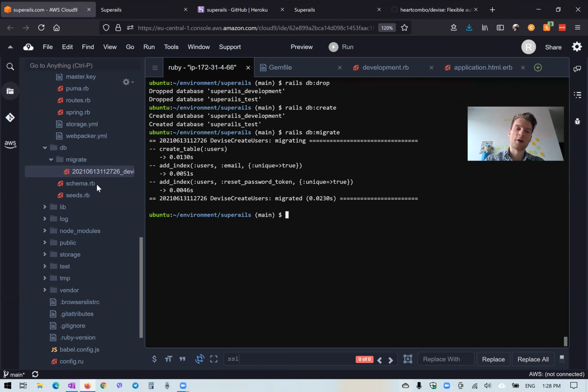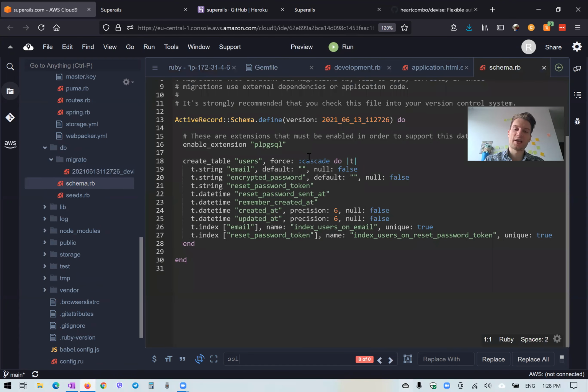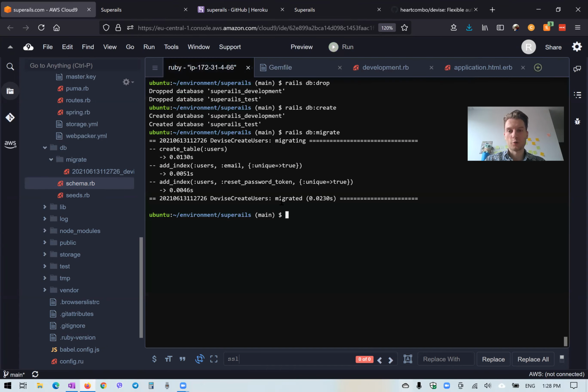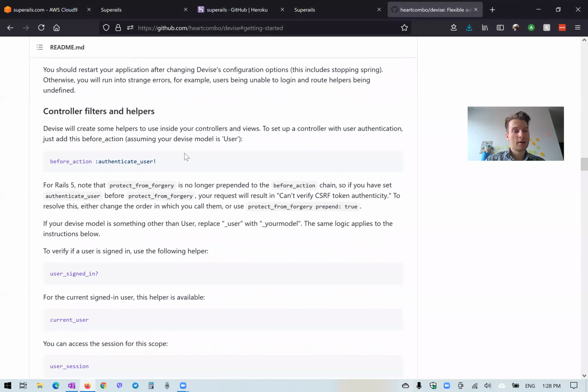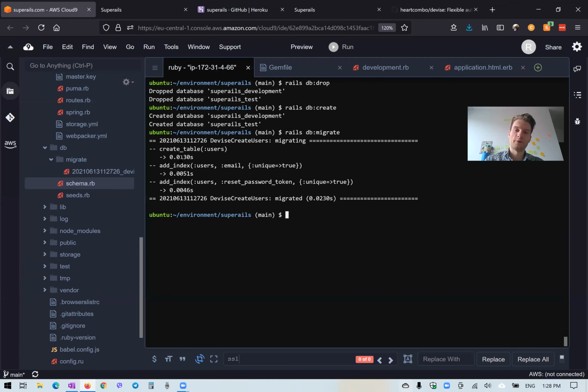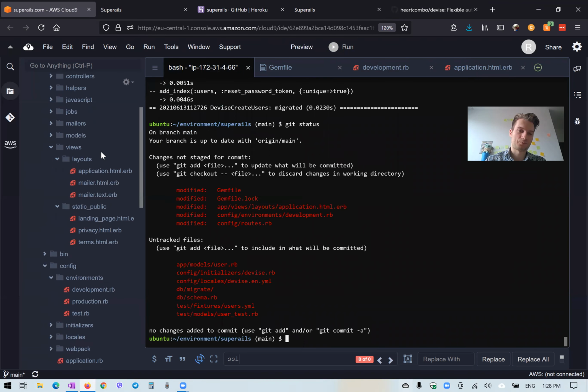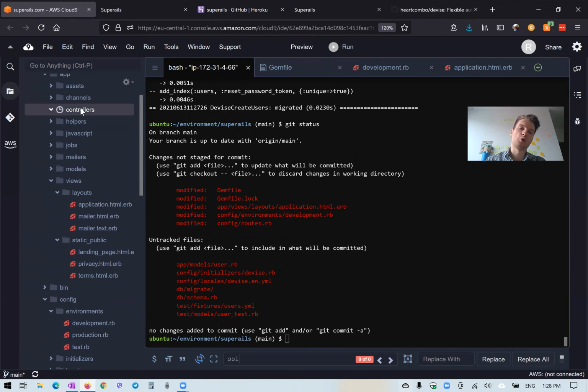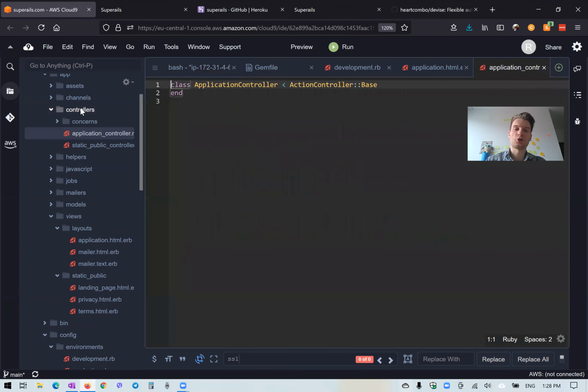Okay, so now we have our schema where we have one table of users. Okay, and what is next in the guide? We can say before action authenticate user somewhere in our application for controllers that require user authentication. Okay, let's try to add this anyway. So we'll go to our controllers, and in our application controller,